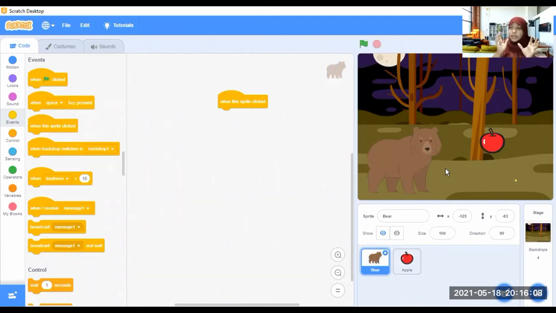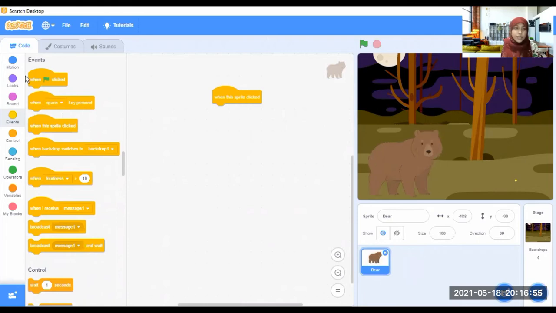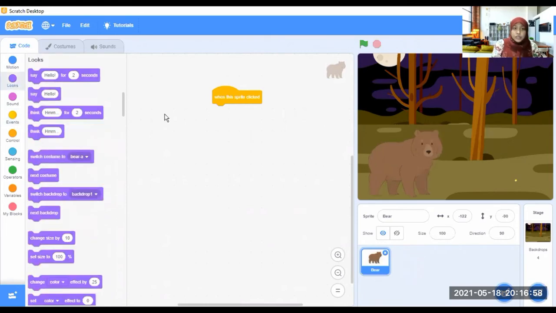The green flag, the starting flag, should be there. If you remember, we learned in the grade 6 book that there is a start for everything. So for an example, I should tell them when this is clicked, or when this button is pressed, or when the sprite is clicked. Understood? Now I am telling, when I click on this bear, what should happen? Go to the looks. It should say, hello Yusuf.